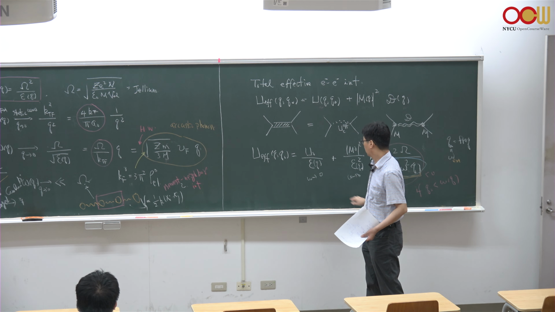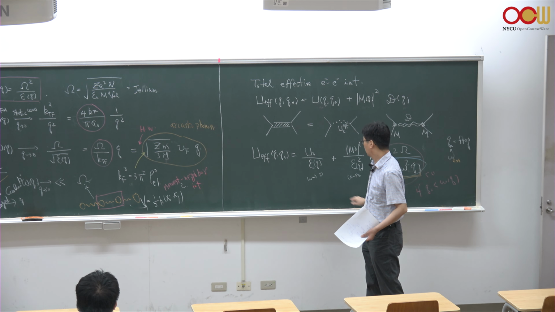So again, you have a similar feature, except now this capital omega is much larger than this small omega of q, and also the interaction strength between electrons mediated by electron-phonon in the saturation limit is much larger than this renormalized value, which is what we expect, because remember this